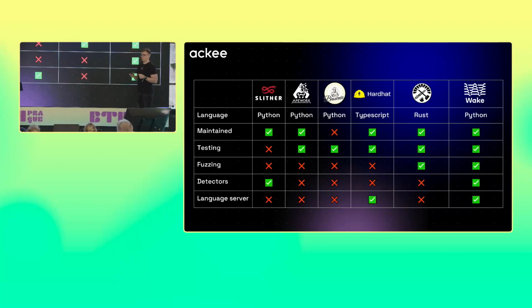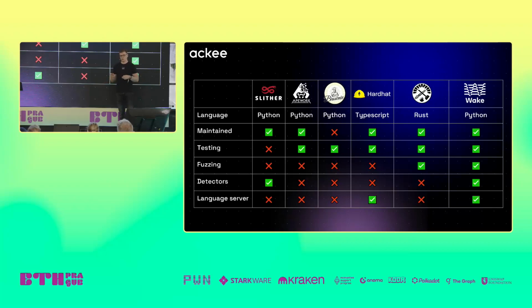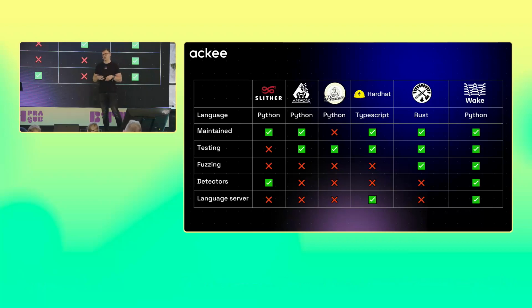But what's probably the biggest advantage of Wake is that it leads the developer through the whole development process, starting from simple typing of code, while showing already some possible detections or problems inside the code base, then by doing testing, like unit testing, or maybe fuzzing. And after there are no bugs inside the code base, it's also possible to deploy contracts using deployment scripts.